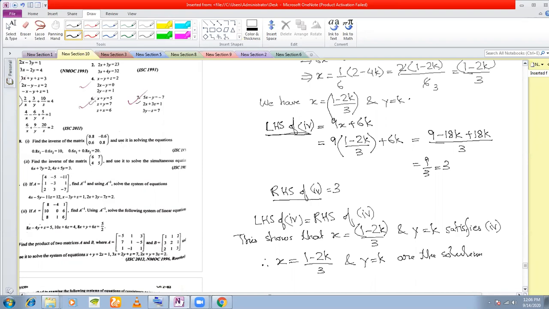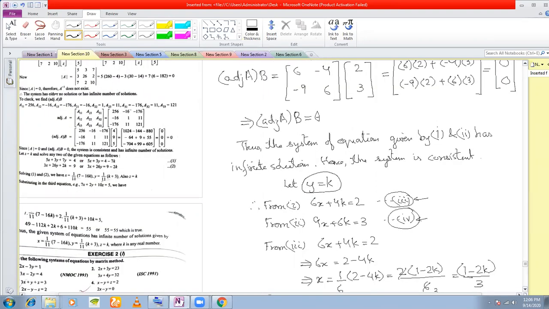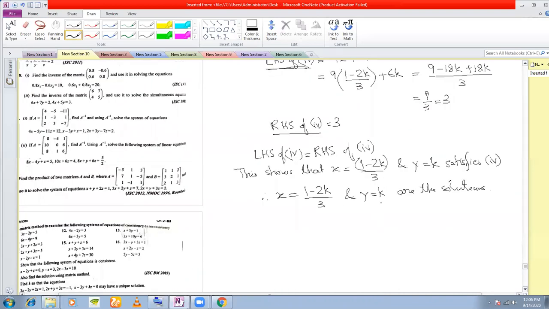Now you'll say, what kind of a solution is this? Remember, I said infinitely many solutions. For various values of k, you will get various values of x and y. Put k is equal to 1, you will get x is equal to something, y is equal to something. Put k is equal to 10,001, you will get another value of x and y. Any value of k you can think of, you put it here, you will get corresponding values of x and y. So you get infinitely many solutions. Values of x and y depend on the choice of k. So you can take infinite number of k's and you will get infinite number of x and y's.